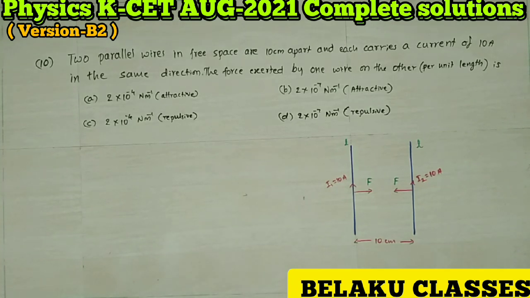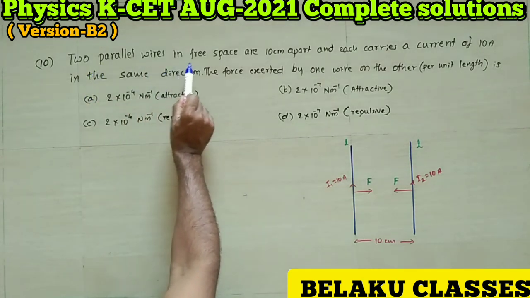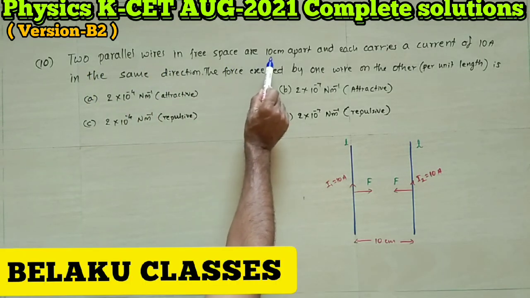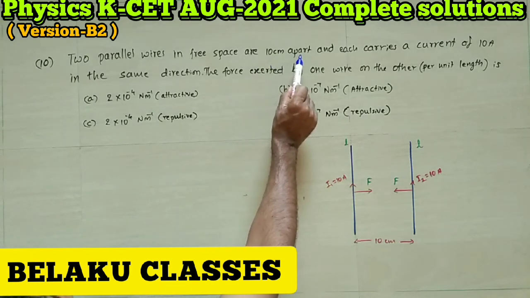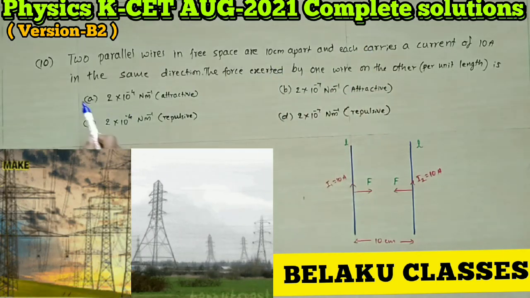And we shall move on to the next question. Question number 10. Two parallel wires in free space are 10 centimeter apart and each carries a current of 10 ampere in the